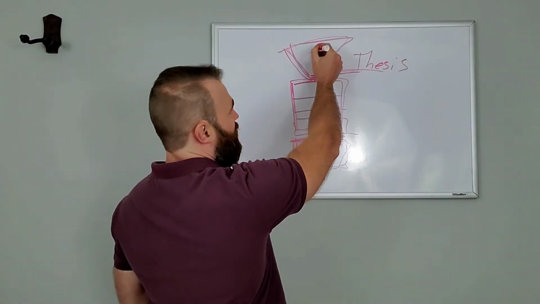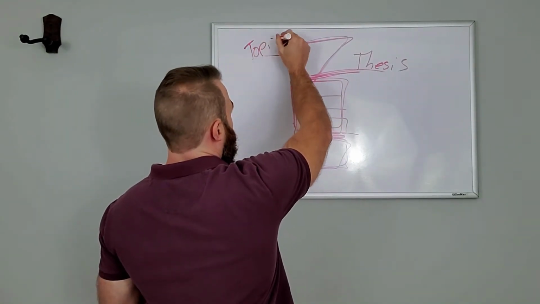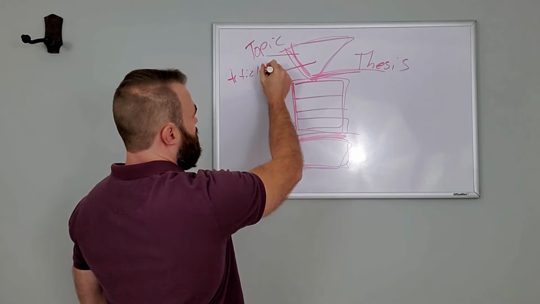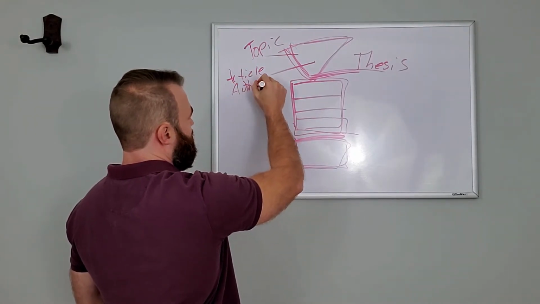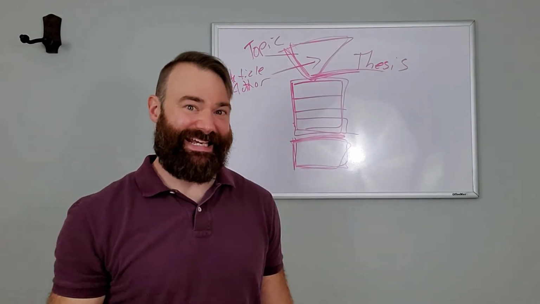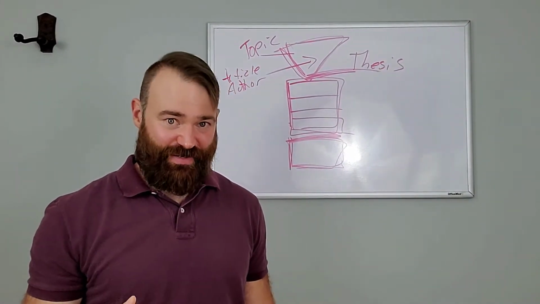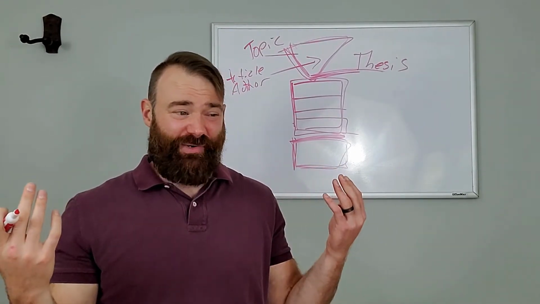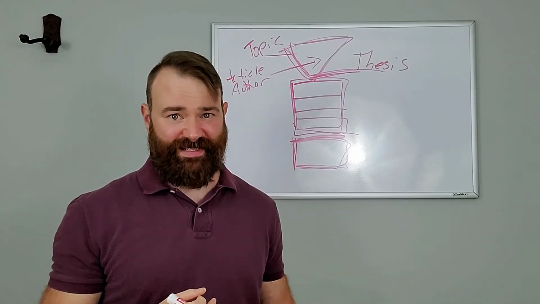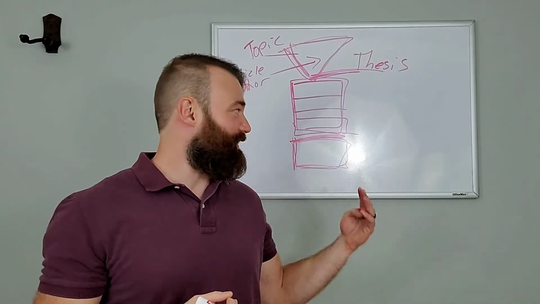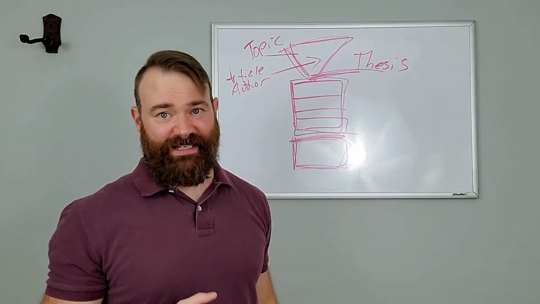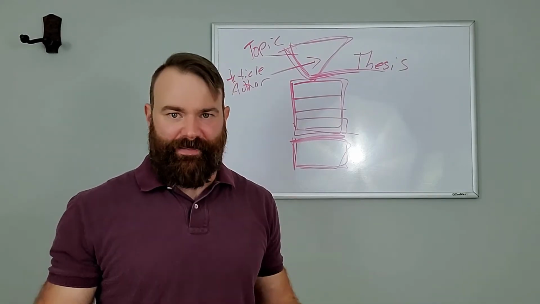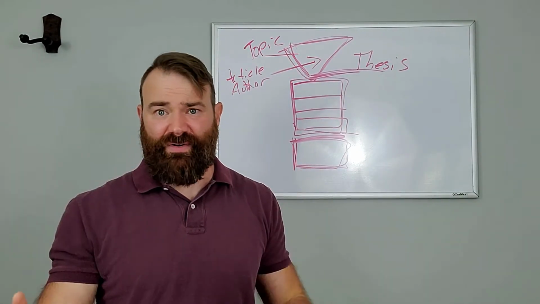In your introduction, you're going to introduce the topic, and you're also going to introduce the article and the author. That has to be introduced in the introduction because it's important for us to understand what it is you're writing about. The whole point of your essay is to write about what someone else wrote. So we're providing that information early on in the introduction. That way it's very clear from the very beginning: this is what I'm writing about. This is what I'm going to tell you about in this essay.